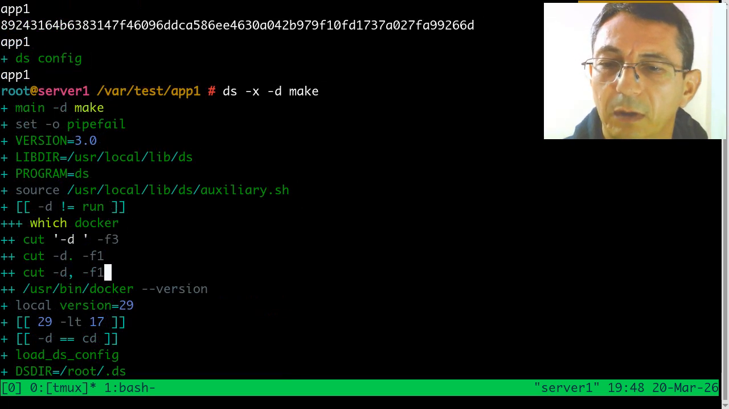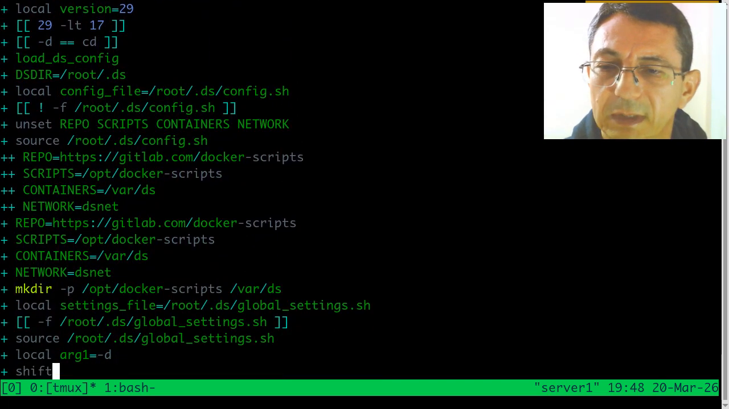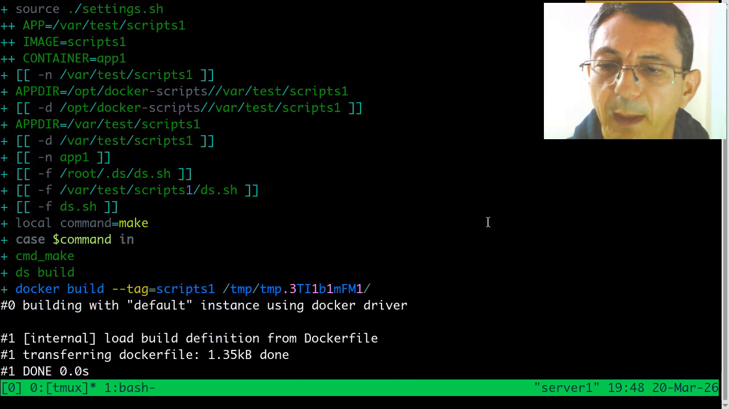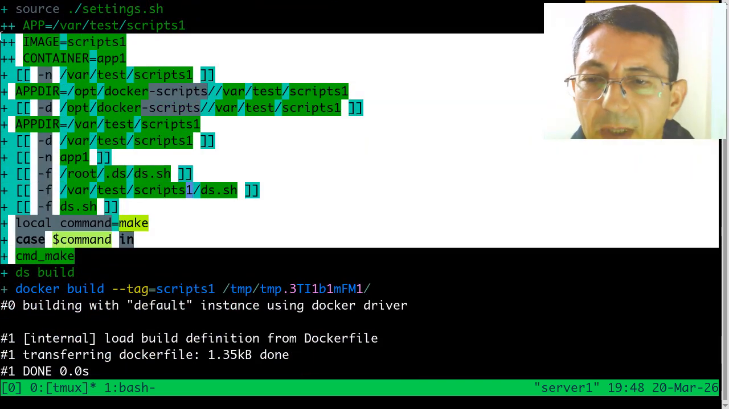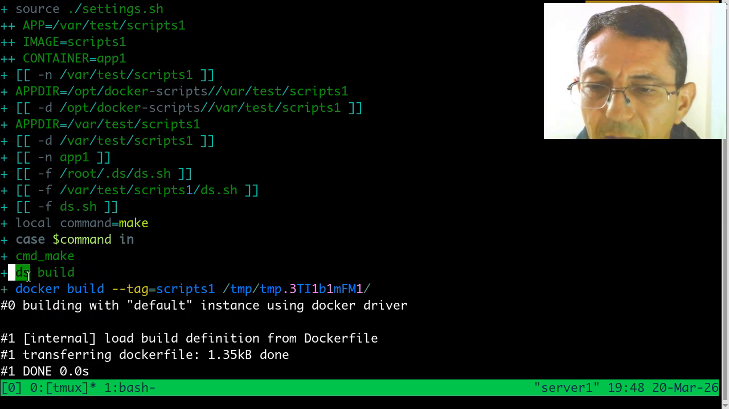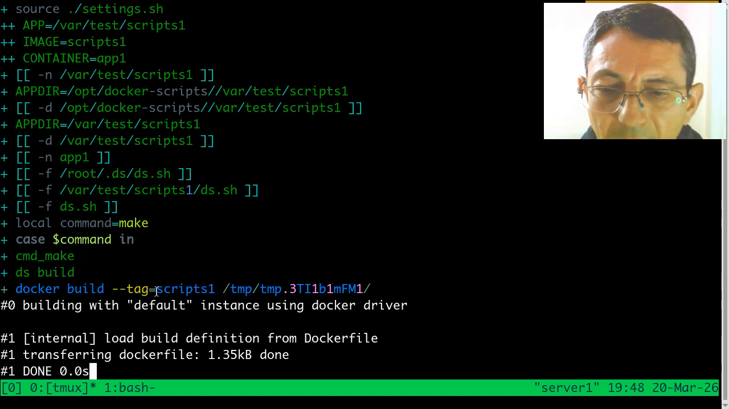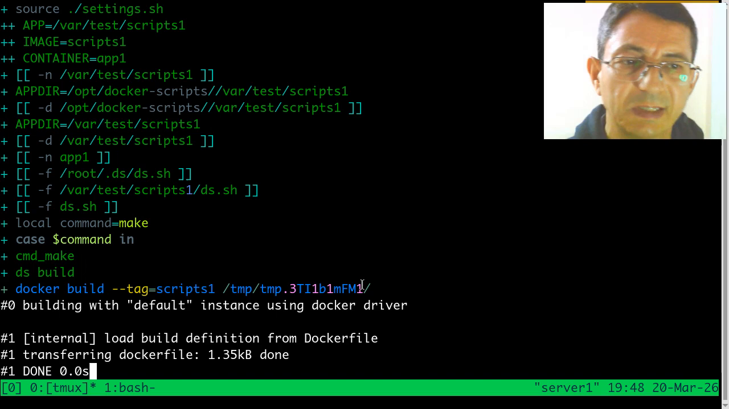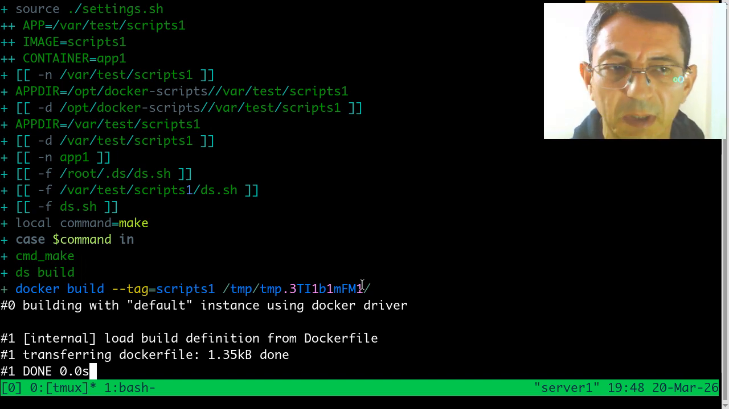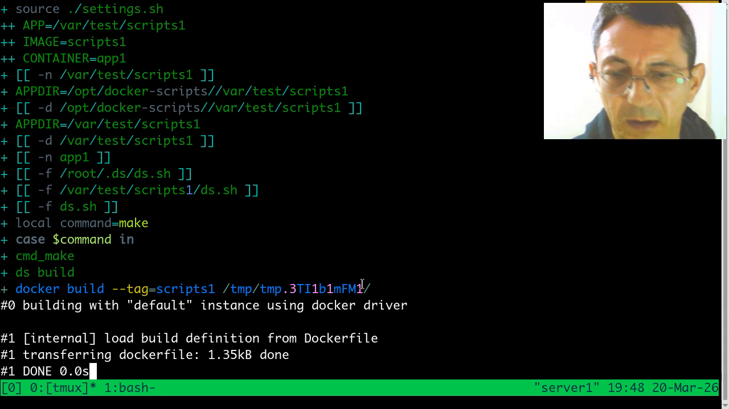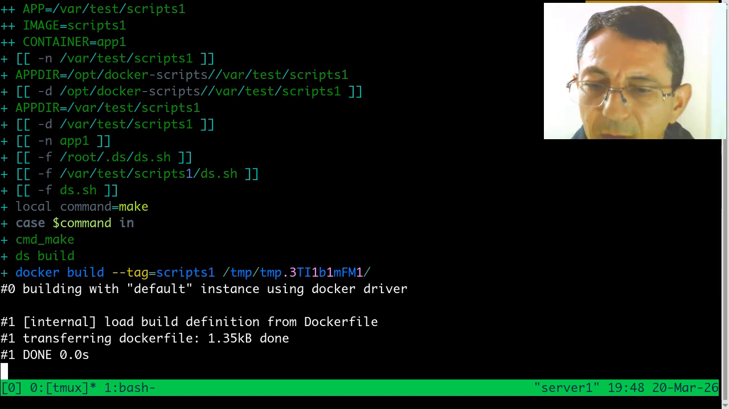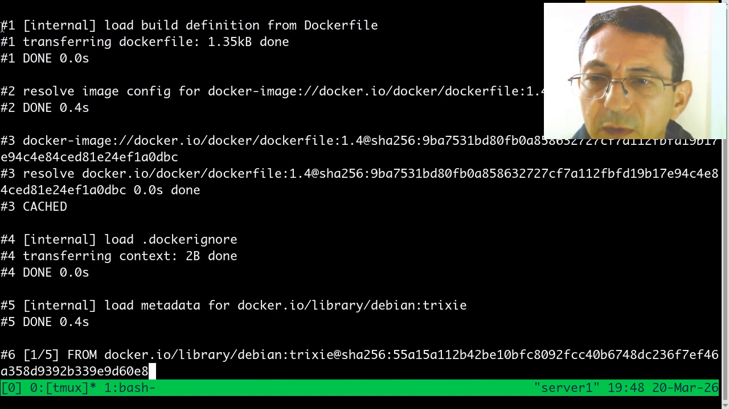So these are bash commands, and the command ds-build is actually using this Docker command, docker build --tag. This is the name of the image, and it is using a temporary file because it is pre-processing the Dockerfile. Before building the image, it is making a pre-process of the Dockerfile. This is the output from docker build,